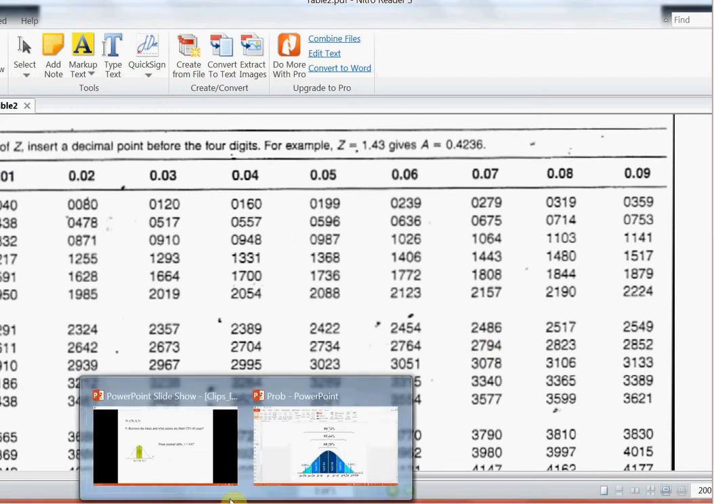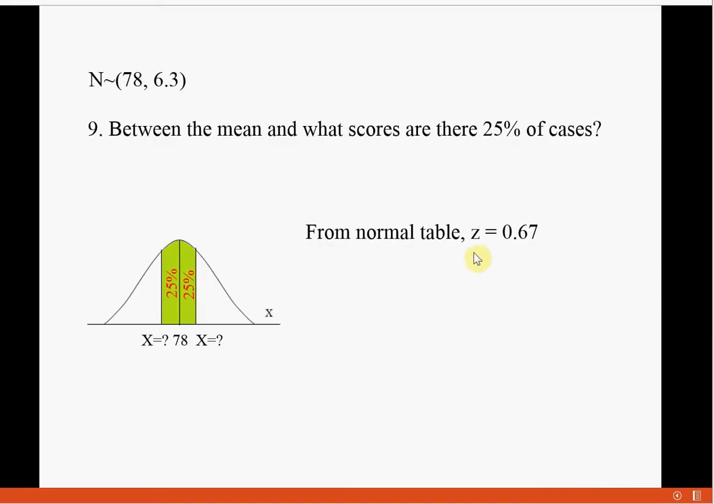Okay. Now come back to the question. From the normal table, we find that the z-score that corresponds to 25% here is 0.67. As a result, we bring that z-score into the formula to calculate this x value. So the x value is, using this formula, mean plus z-score times standard deviation. The mean is 78, z-score is 0.67, which we just found from the normal table. The standard deviation is 6.3. The result is